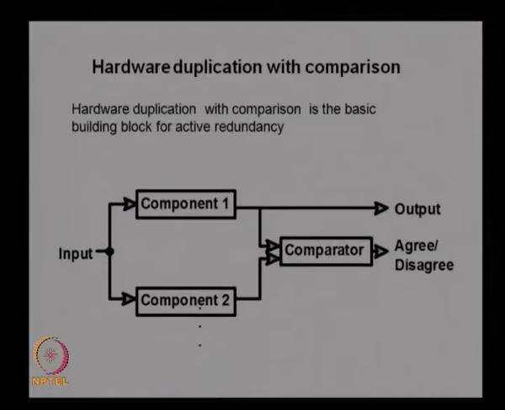The hardware duplication with comparison. You can see here this is a basic building block for active redundancy, as I mentioned. These basic building blocks are needed for any implementation of hardware redundancy. What we do here is to have n redundant components. We will be having component 1, 2, 3 etc. depending on the requirement. We will be having many components, and the output from single inputs will be compared in a comparator, and the comparator has been set with the predefined value. The output of component 1 is compared here and component 2 is also compared, and if they do not agree with the predefined value, then an error will be declared.